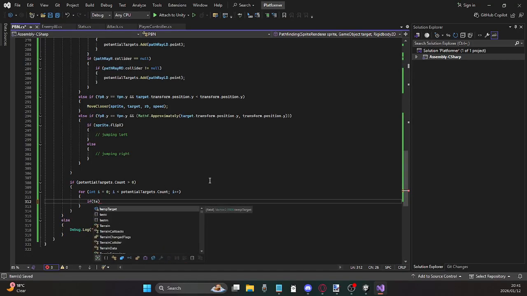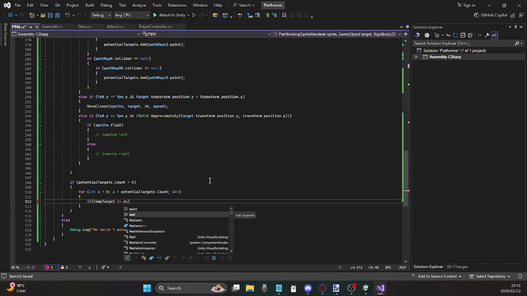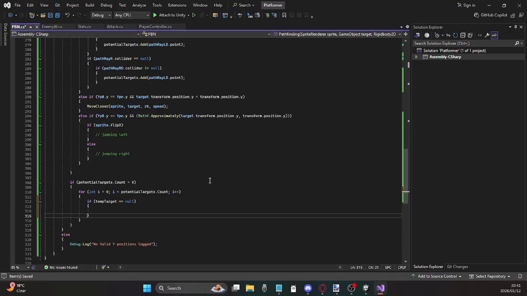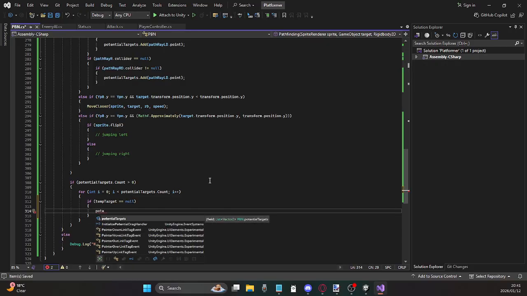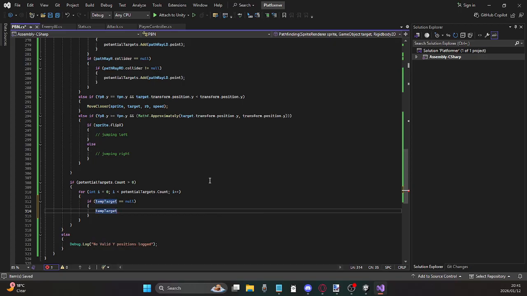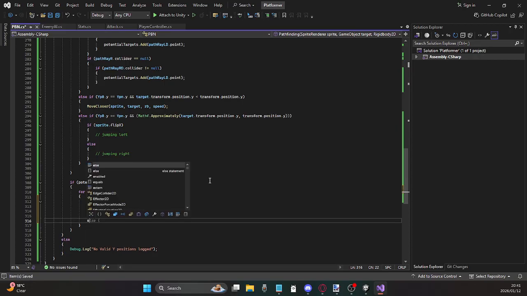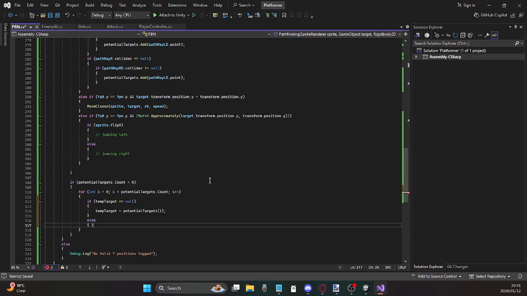If temp target is equal to null, then temp target is equal to potential targets i. Else if